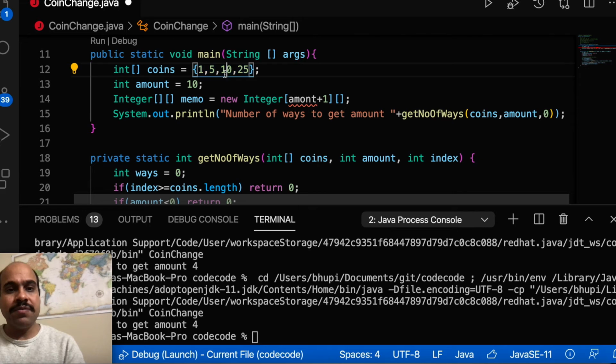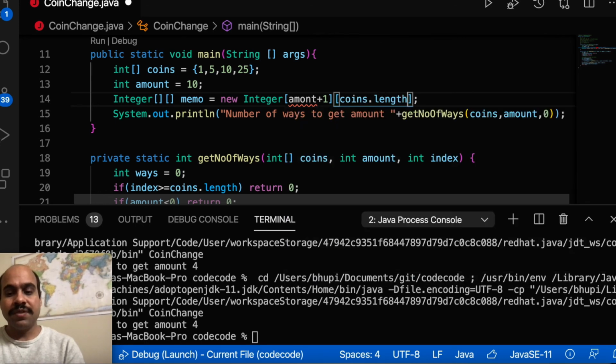Same way for storing this second parameter, I will see what is the length of the array, 4. So it means I just need one more to store from 0 to 4. So I will say coins.length plus 1. So I have created